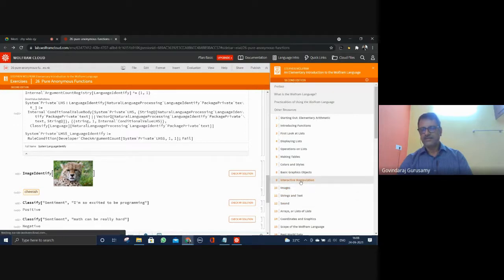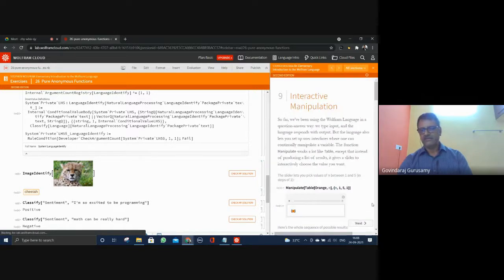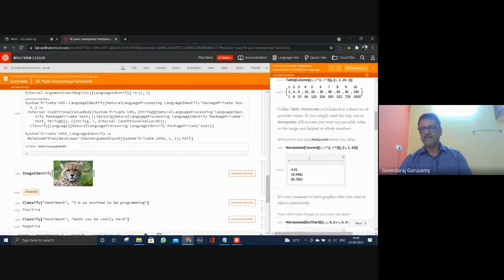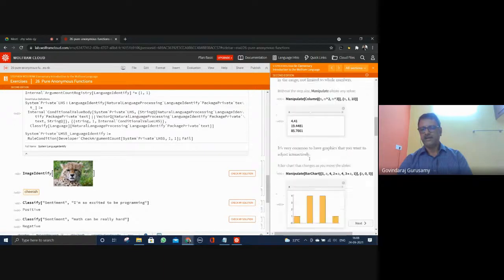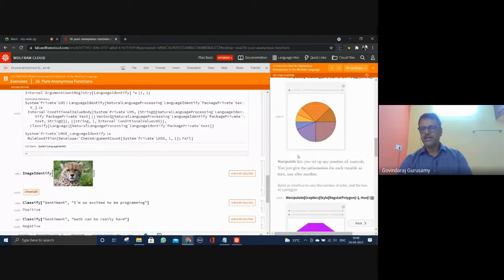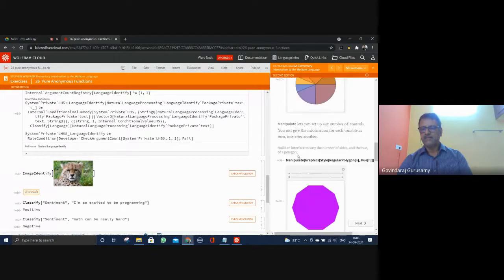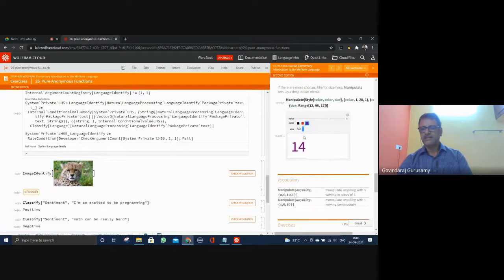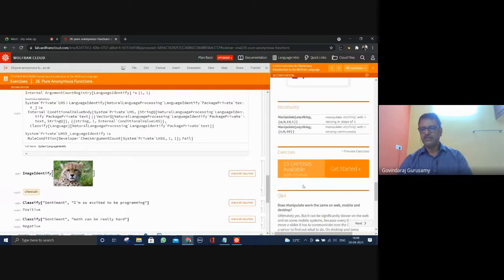As you asked, the images, interactive manipulation. So this is something very exciting, which is quite useful, which you can think about, having interactive manipulations. And you can see he has given the manipulate column n, square and cube. This is what happens with the manipulation. Then chart, other things, bar chart, polygons. Then there are other things which are used.